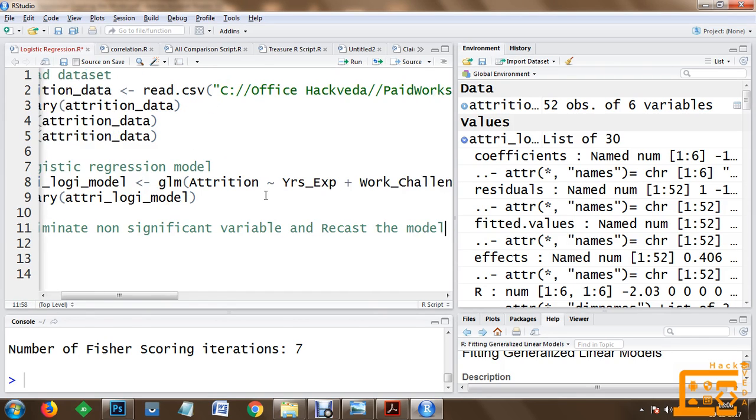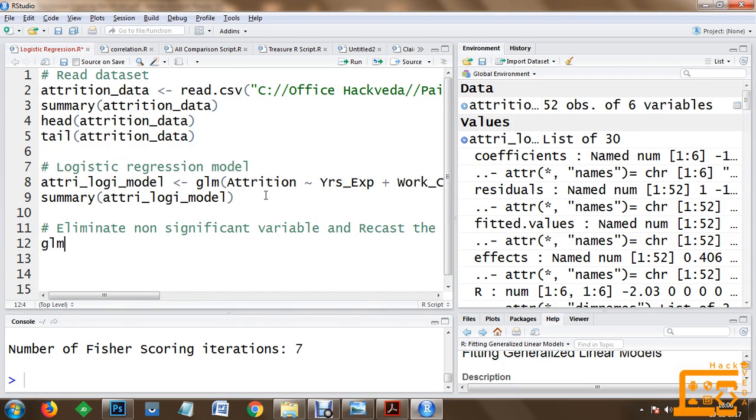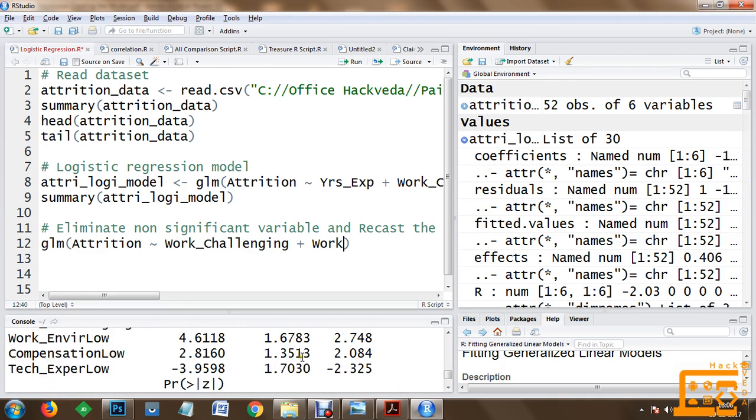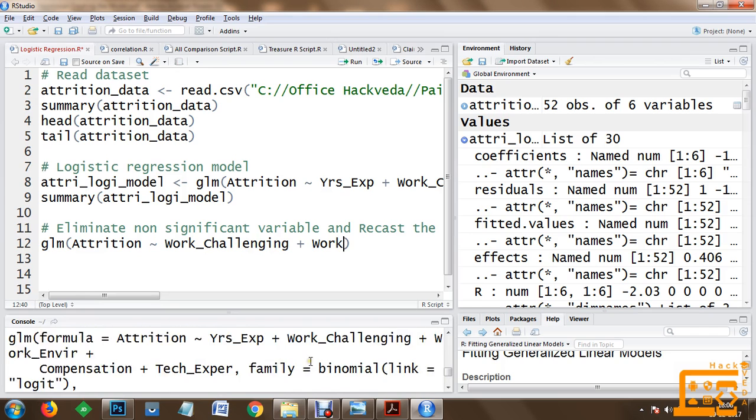Now, we are going to recast the model, and in order to recast the model, again we are going to predict attrition information, and we are going to take work challenging, plus we are going to use work, let me just get the names of the columns which we will be using.